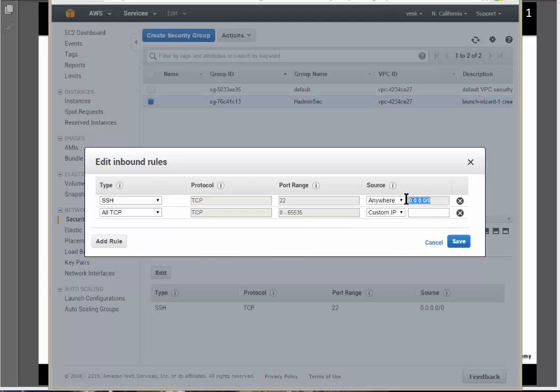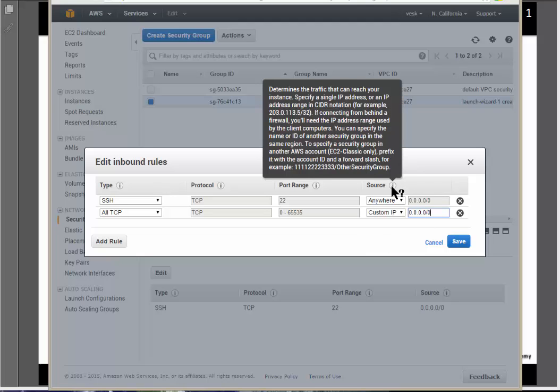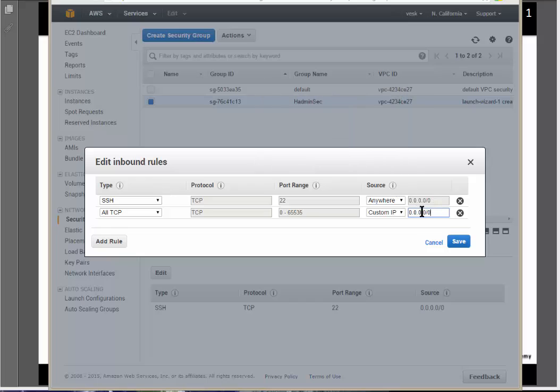And allow it from anywhere. So you need to enter it in CIDR notation, like IP address / range, right? So that is mandatory here. That is why the 0/0 at the last. Okay, so this means